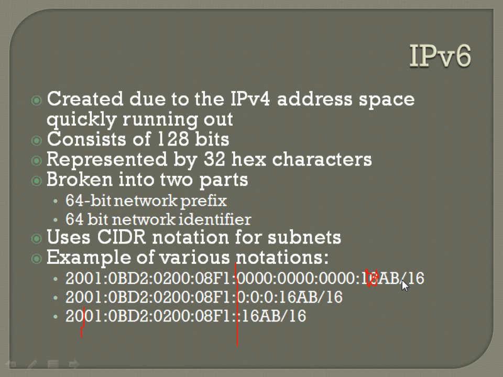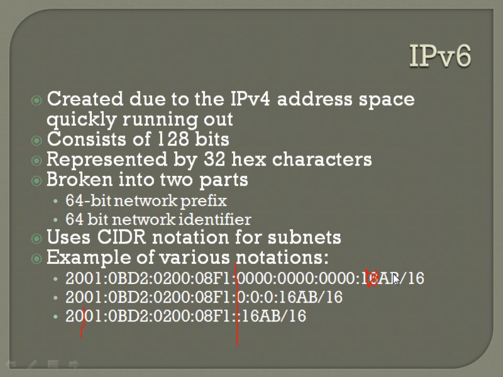Like a lot of devices will. This is going way beyond what you're going to be testing on the CCNA, but a lot of times devices will have numerous IPs assigned to them. I can't remember the exact number. I know it's like 4 or something, because you'll have a link local address, a link global address, multicast, and unique site local. Oh yeah, okay. Actually, it's in the book. I put a slide on it, forgot about it. So you got 4. Yeah, you have exactly 4 types of